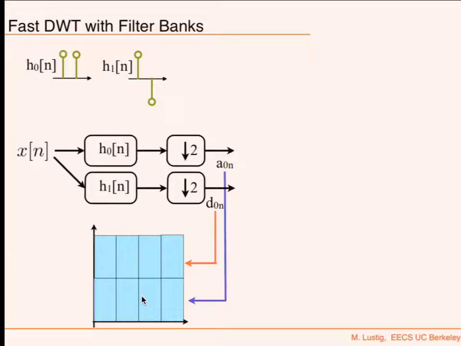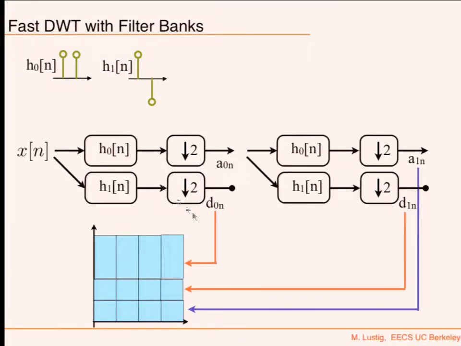Now I want to get the second level. So what do I do? Well, if I just downsample, that would not separate anything. I'll get aliasing. Convolve again with the approximation coefficient, with the low pass and the high pass, and then downsample again. That would then decompose the approximation into its high frequency component and a low frequency component.